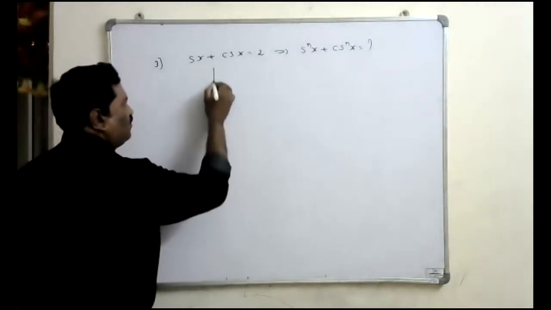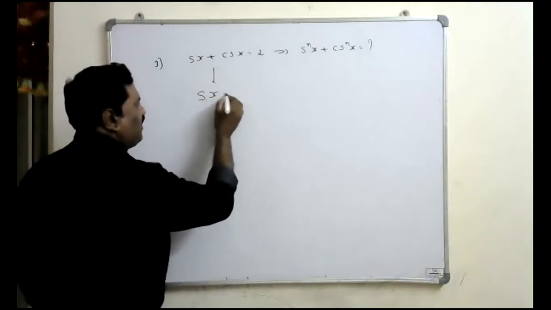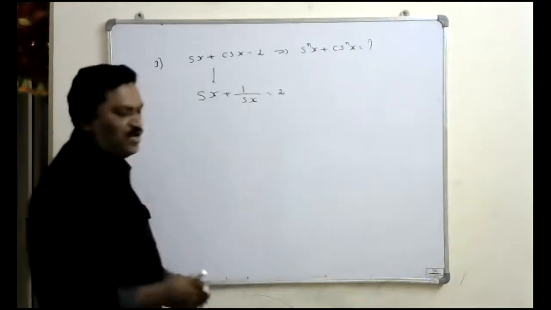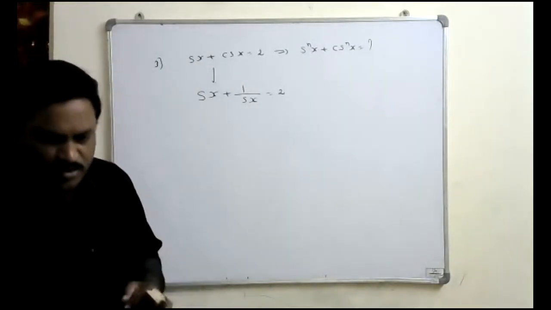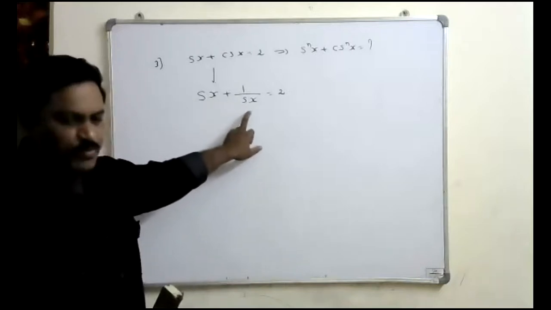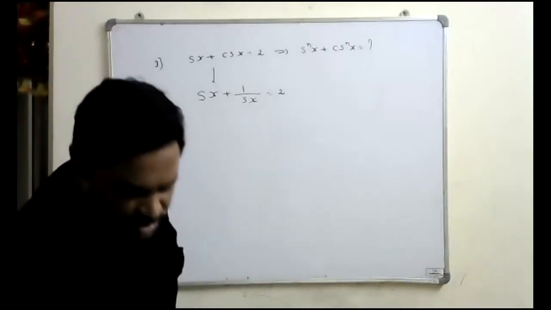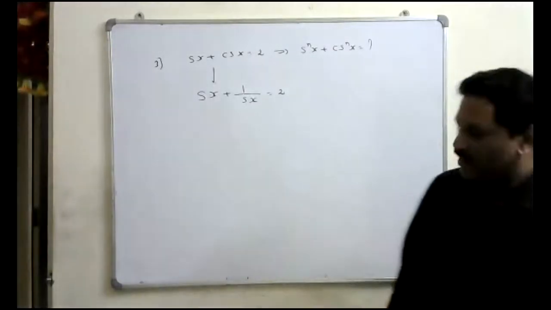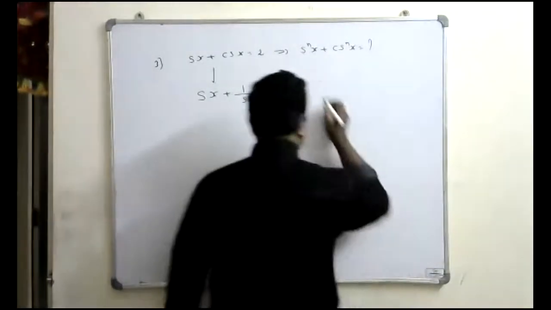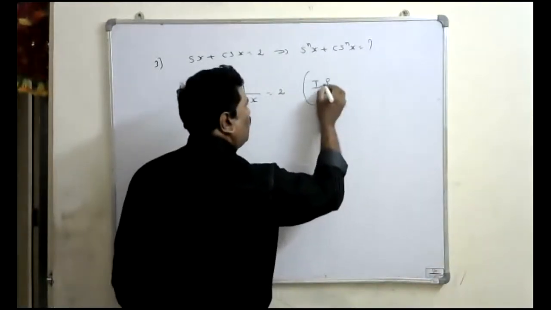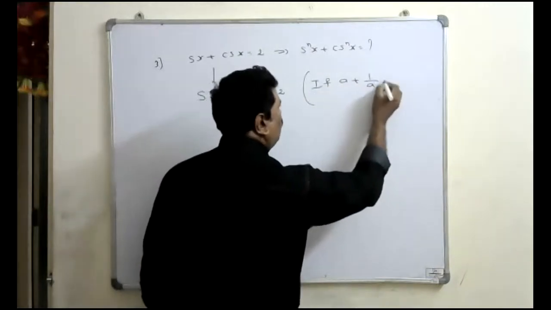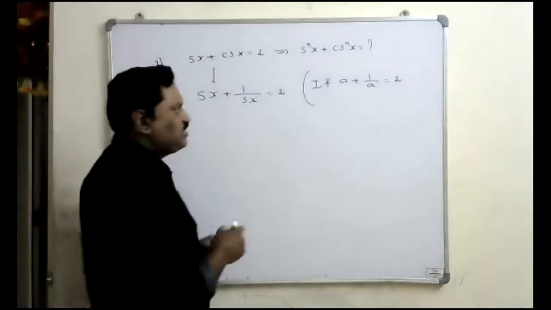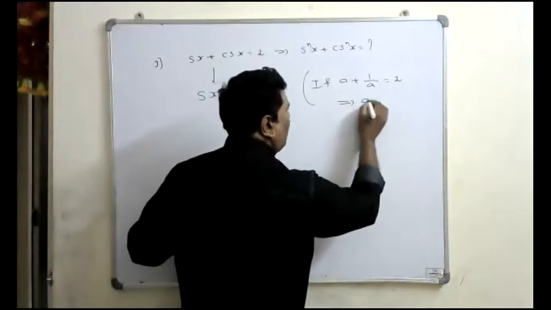Here they have given that sin x plus cosecant x, cosecant x means 1 by sin x, is equal to 2. Sin x plus 1 by sin x is equal to 2 means the sum of the value and its reciprocal was given as 2. So at the starting classes, I gave that one result to you: if a plus 1 by a is equal to 2, the sum of the number and its reciprocal value is 2, that is possible only when a is equal to 1.